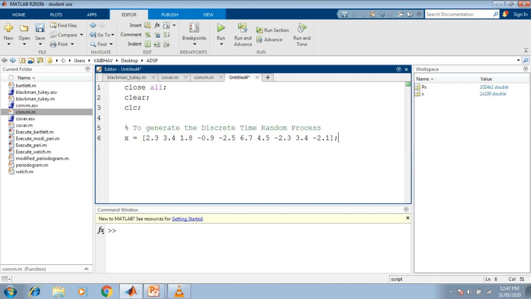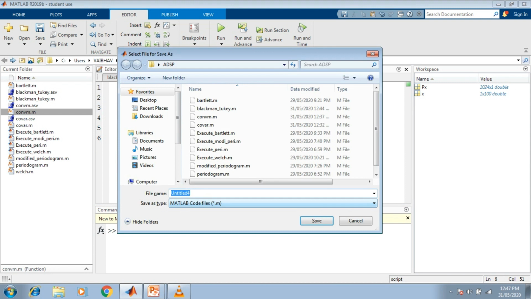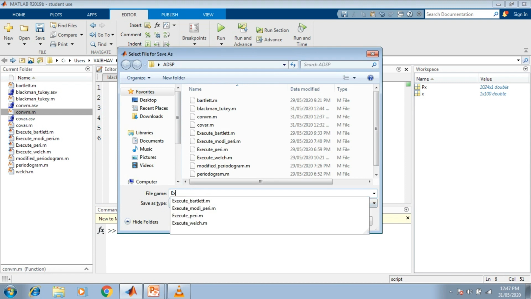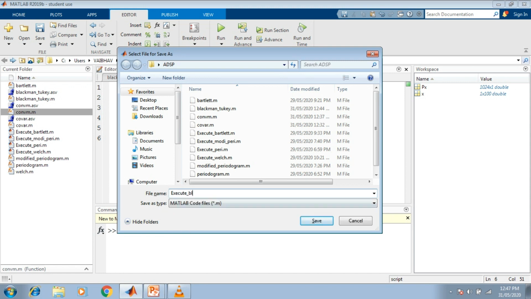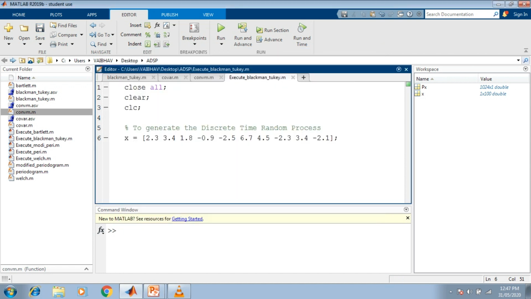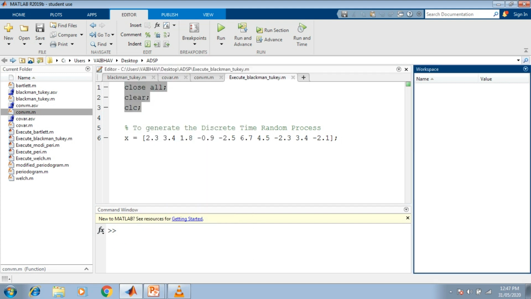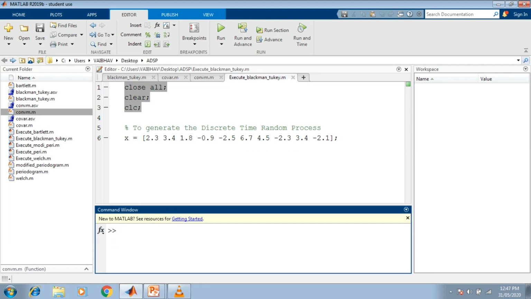Now let us save this script with a name as in the earlier cases. This is execute underscore Blackman underscore 2k. We save it with .m as the file extension, and upon executing just these statements, we can see the workspace has become empty, and the command window is also cleared.